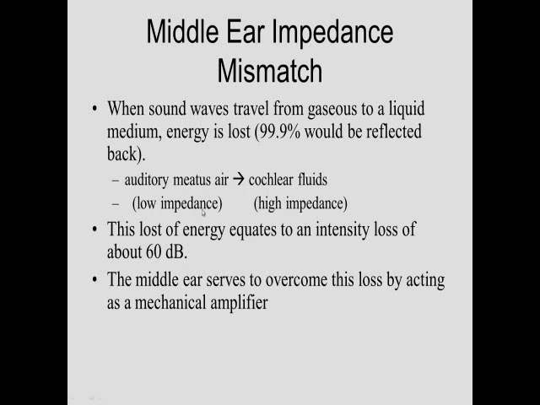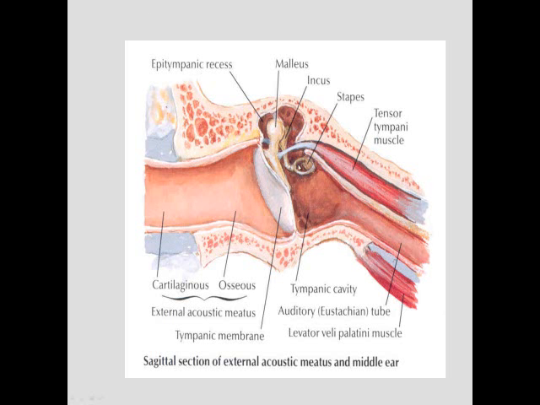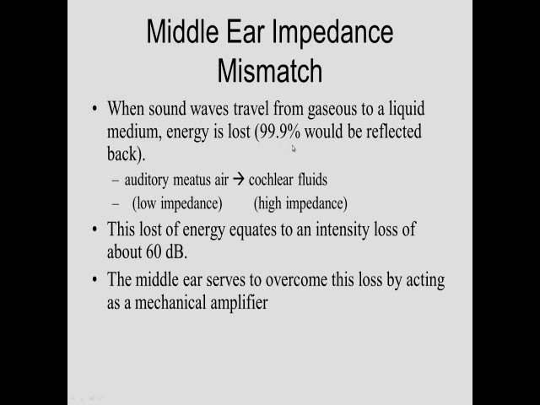The impedance of the flow of energy here is much lower than it is here, and it is at that interface between the fluids of the cochlea, which are right behind this stapes footplate, and the actual footplate itself. It is right at that interface where the vast majority of the energy is reflected off of the cochlea, and that is going to be a problem for the mammalian